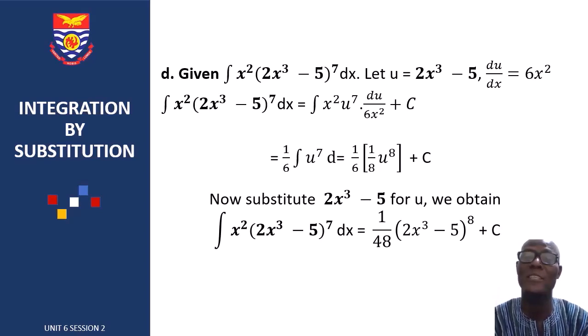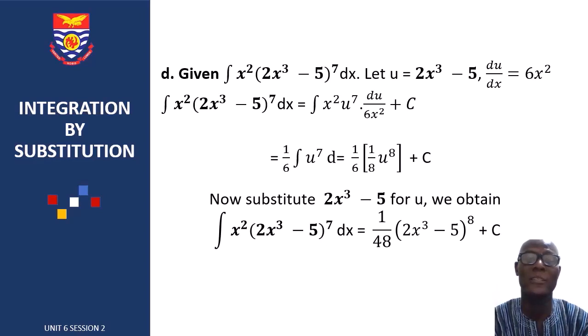Now differentiating u with respect to x, our du over dx gives 6x squared. And making dx the subject, we have dx to be du over 6x squared, which implies that our integral